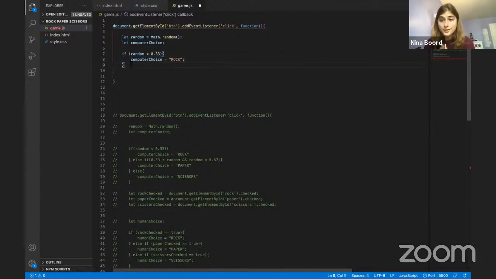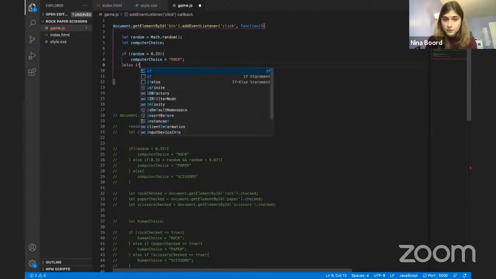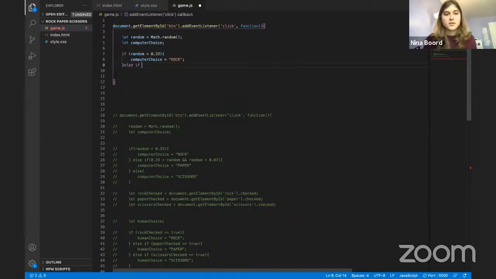Now we're going to write another statement. So the computer is going to parse through this and it's going to say, okay, if random is less than 0.33, boom, it's rock. But if this condition is not true and random is actually 0.6, for example, then the computer is going to continue. It's going to look for that else statement. So else if, but since we have 3 conditions here that we want to use, we're going to use an else if statement. So else if